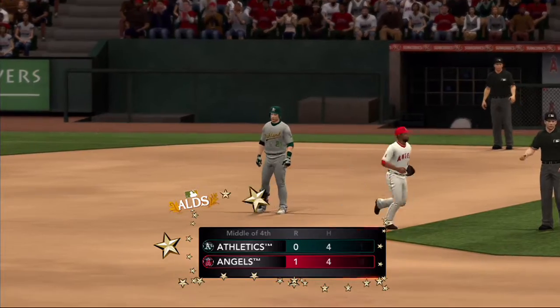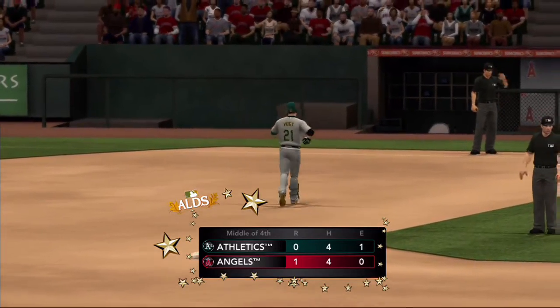How many of these good innings does he have? We're finding out. Jared Weaver. He keeps the...